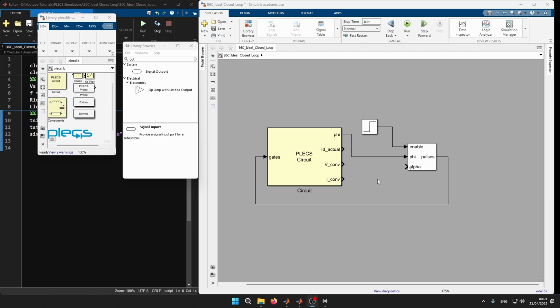Say, for example, we want to have a load with a certain ramp and a DC value, and we will want the controller to decide for the firing angle. So to start with, I will take some more components like